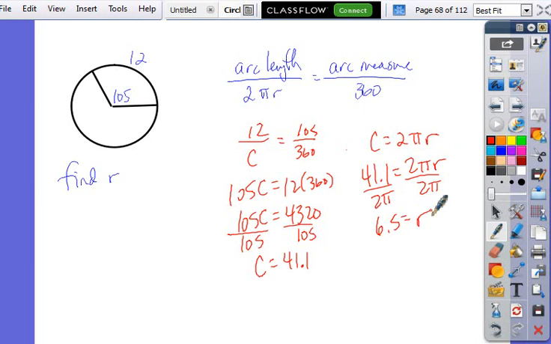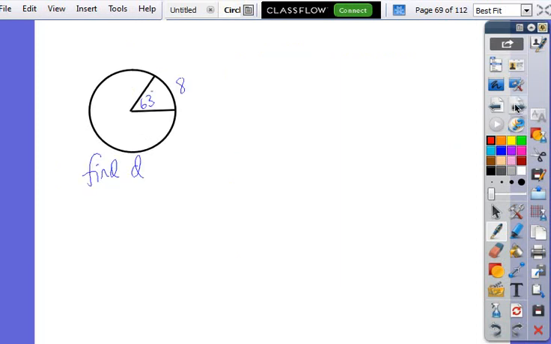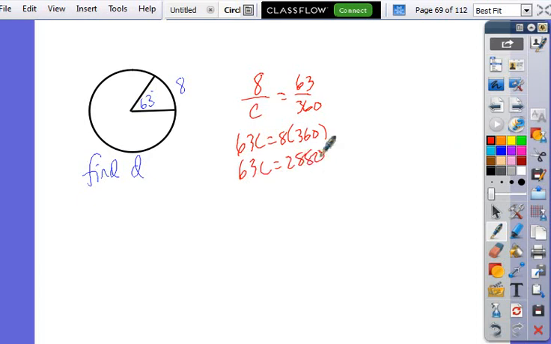Alright, so what I would do here is say 8 over C is 63 over 360. So 63C, 8 times 360. C winds up being 45.7. Alright. And then you got two choices. Since it's asking for diameter, I'm just going to use the diameter formula. You can. Here I would just divide by pi,